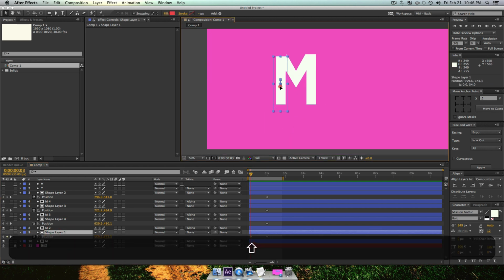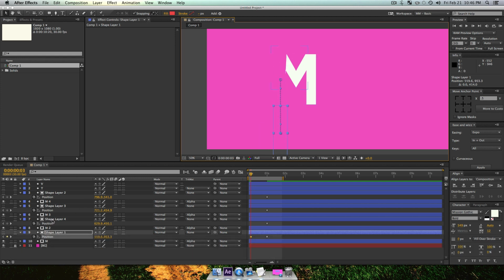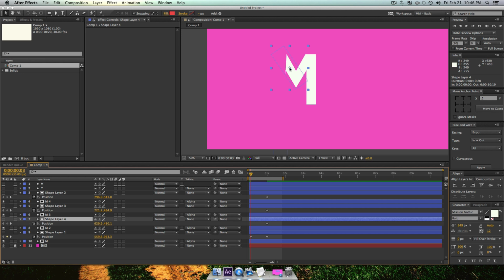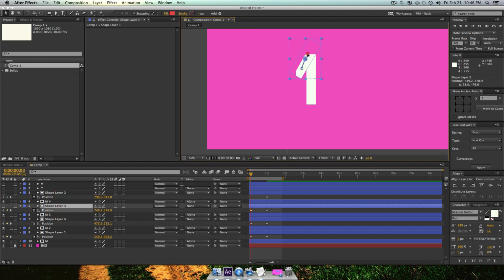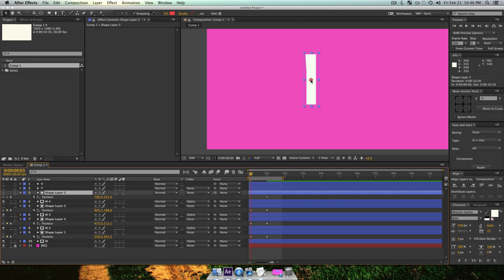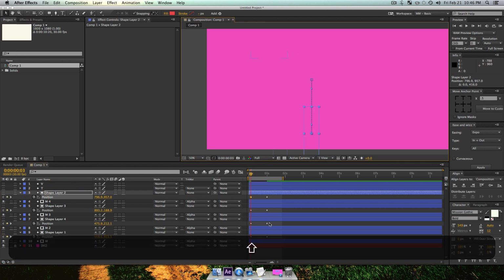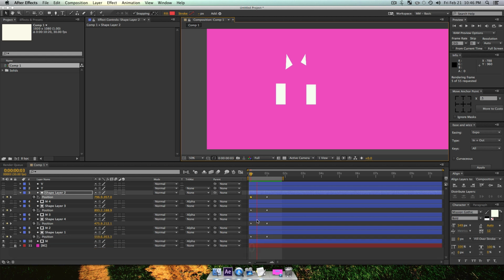So I'm just going to click my first one, drag it down, and click my second one, and I'll drag this up over here, just at a nice diagonal angle. And then I'll click this one and drag this up over here. And on my last one, I'll just hold shift and drag down to put it over there. So now when I press 0 on my keyboard to preview it, the M is going to wipe on, but